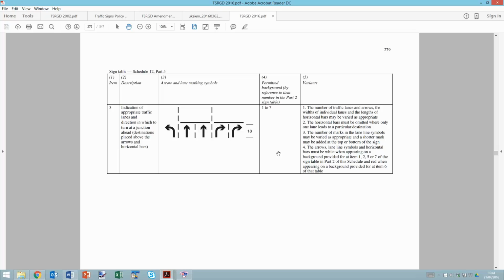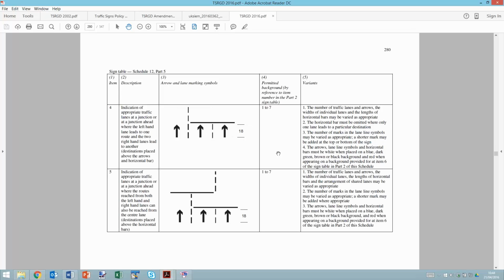It was nice to see how they were used, and one that I find particularly strange is the new regulation that enables this bottom symbol for use in a sign. I would like to see some example signs of that. So an indication of appropriate traffic lanes at a junction or junction ahead where the routes reached from both the left-hand and right-hand lanes can also be reached from the center lane.